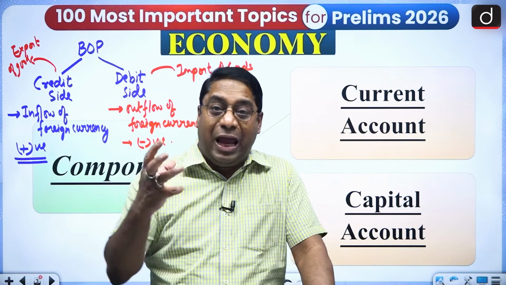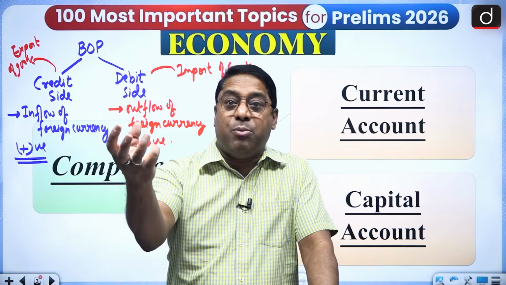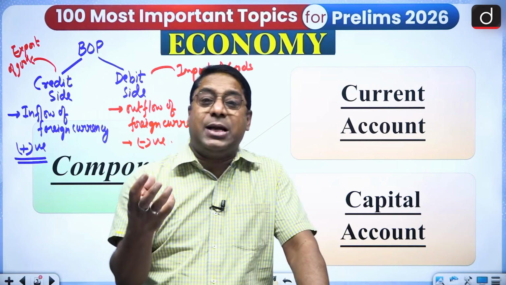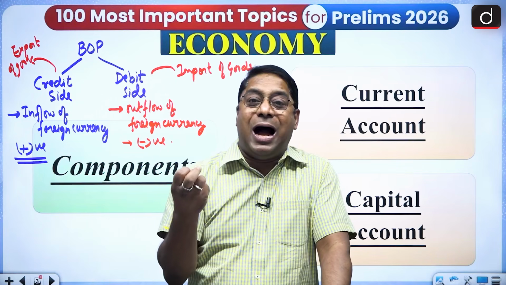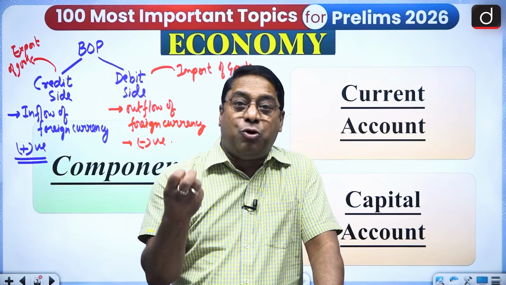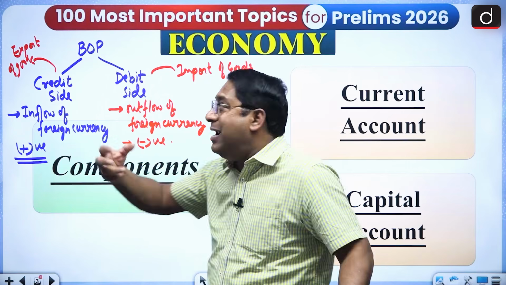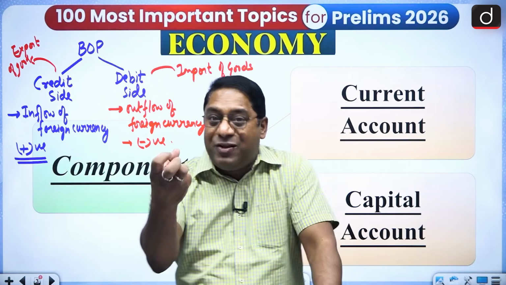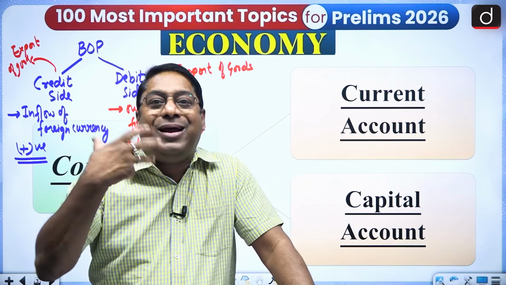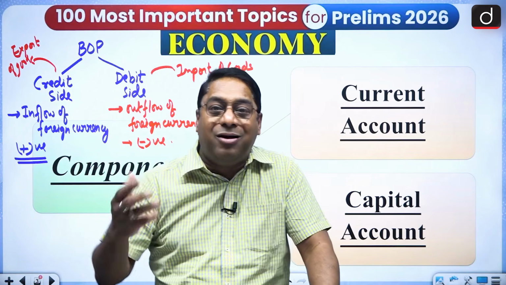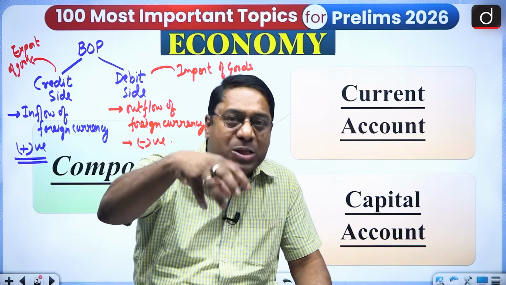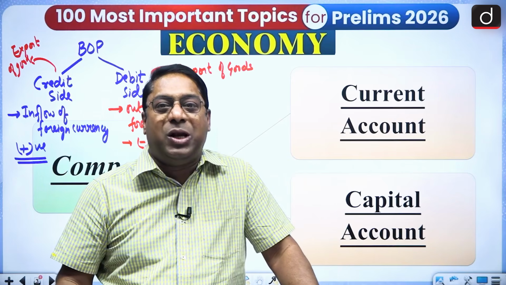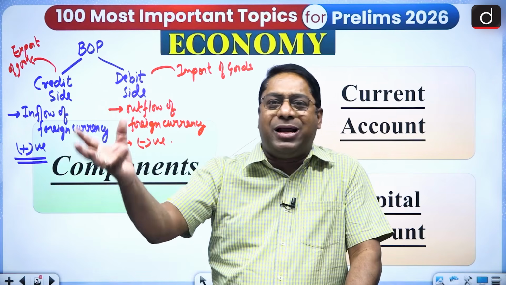That means if our country is borrowing money from the IMF, then it will be a part of the credit side. But because of that borrowing, the liability of the country, what happens? Increases. In the same way, if foreign direct investments are taking place in India, that means the foreign multinational companies,